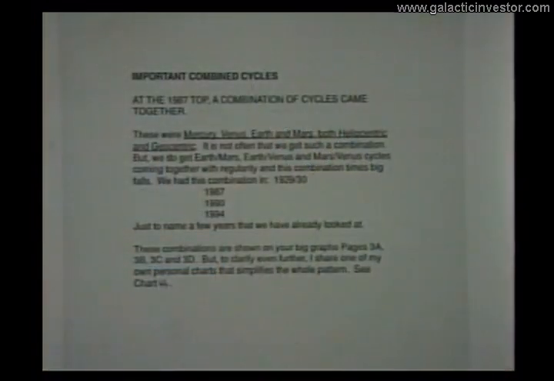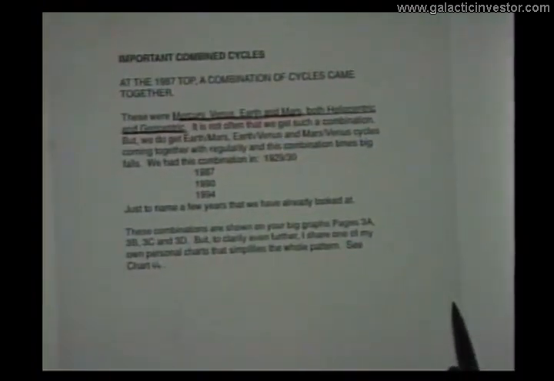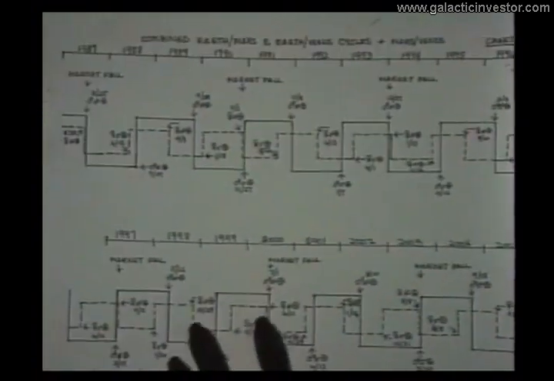Okay, so then we want to combine other things. We've looked at them a little bit already, but we want to combine the Mercury and the Venus and the Mars and Earth all together. We want to combine all of these cycles, because when we get the combinations of all of these cycles, this is when we get major market bottoms and major market tops. And so if we look at chart 44,